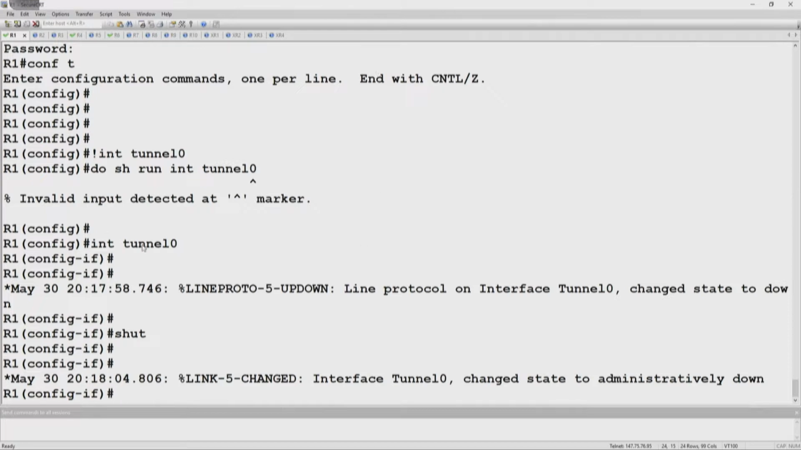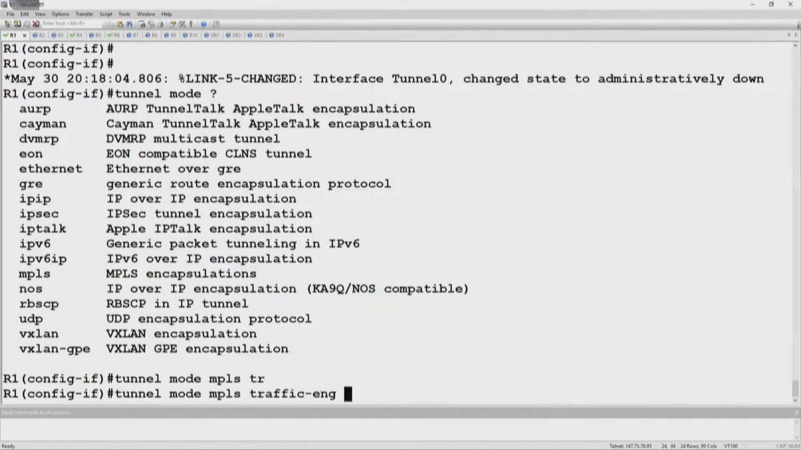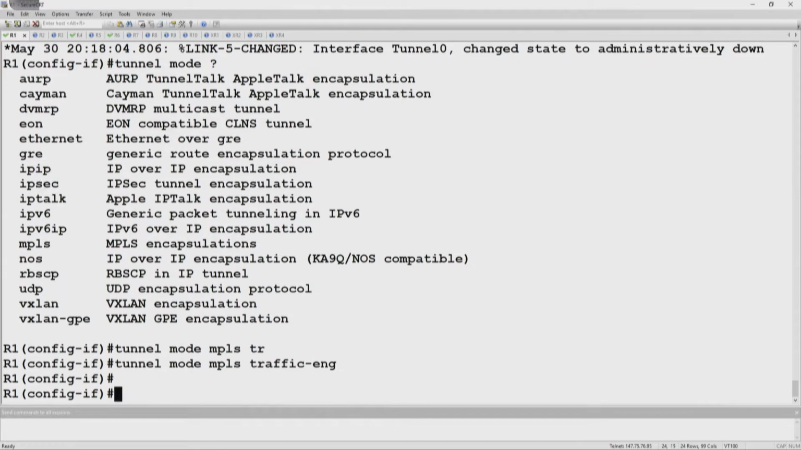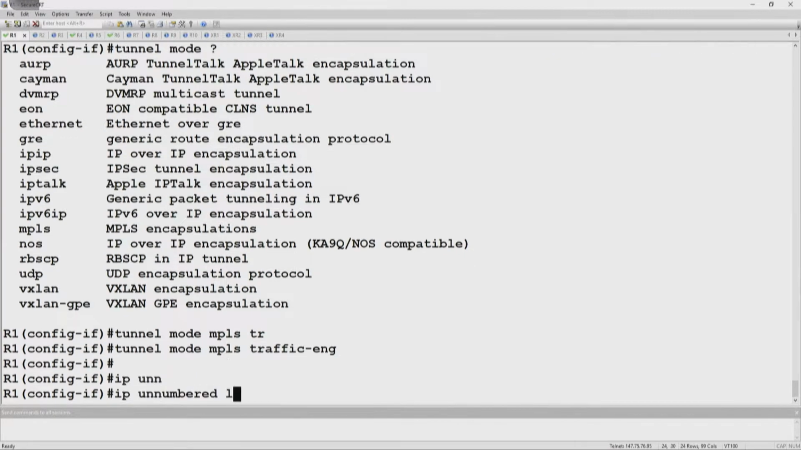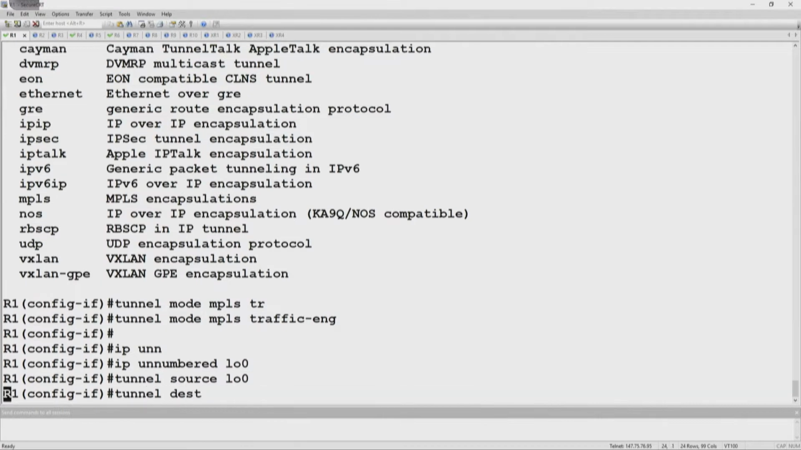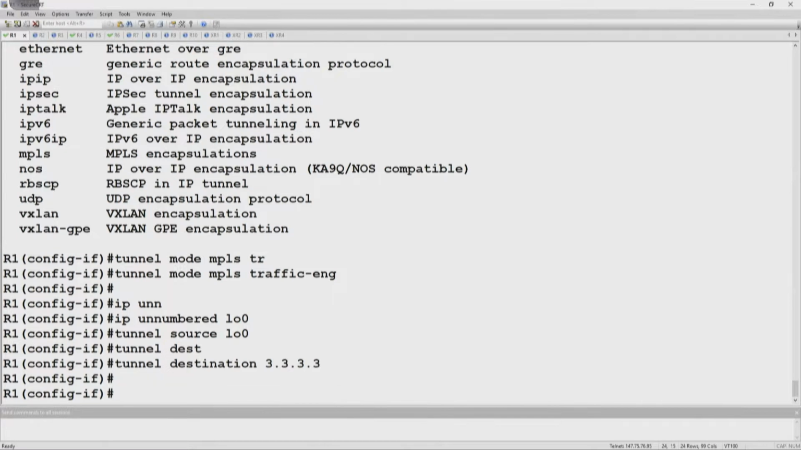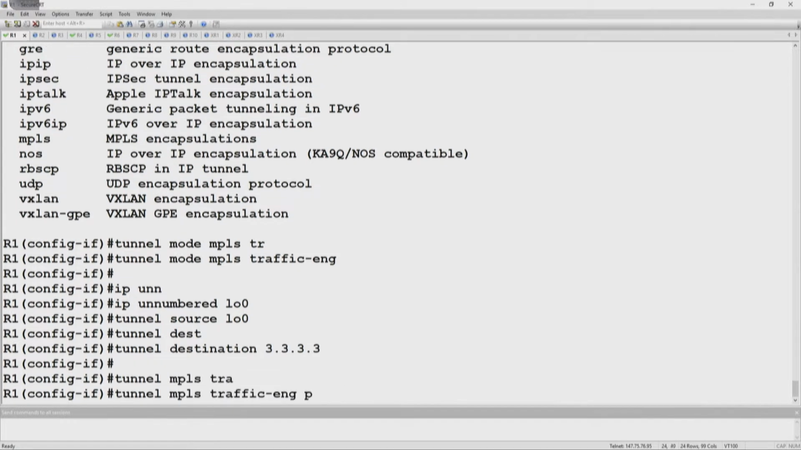Okay, so on interface tunnel 0, what attributes do we have? We first have the tunnel mode. Tunnel mode is not IP or GRE anymore, it's MPLS traffic engineering. We're going to unnumber this from the loopback, tunnel source is the loopback. Tunnel destination is going to be router 3.3.3.3. Okay, the tunnel MPLS traffic engineering path option,